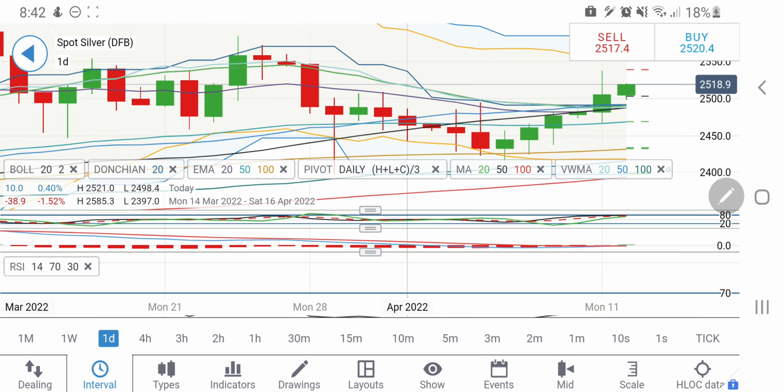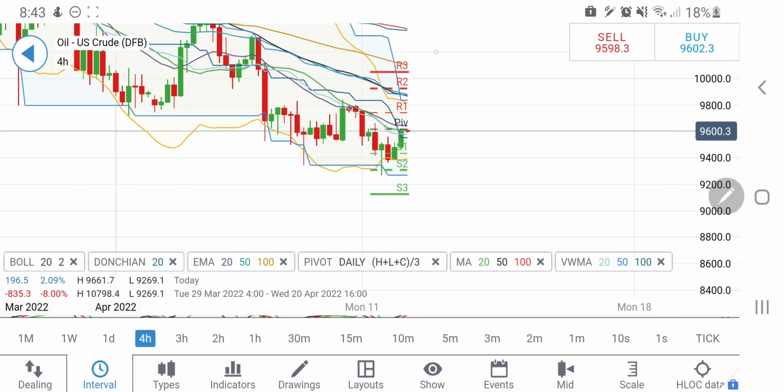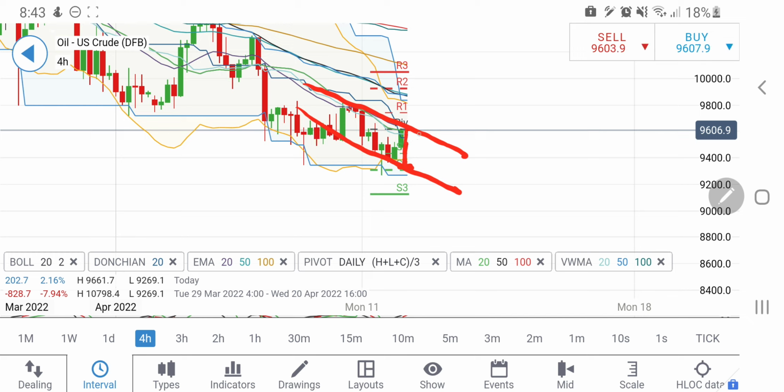Now let's have a look at crude oil. See, if you see the 4-hour charts for crude oil, we can see a couple of channels out there. First, it is trying to trade in this zone, that is at around 93.5 and 96.5. So yes, if you see it breaking 96.5, there you can expect that probably it is trying to come back again till towards here at 98 levels, above which it is going to remain strongly bullish out there.